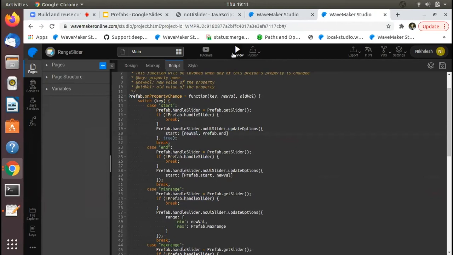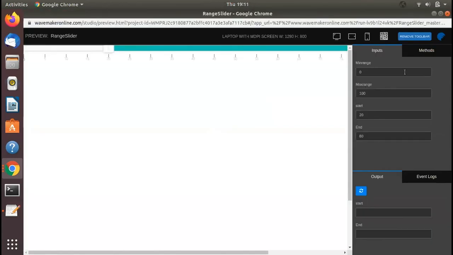And now when we preview this, if I want my min range to be 10 now, and I want my slider to finish at 80, you see how the values on the left are changing as soon as I change values here. So this is how easily you can run all your test cases and see if it works or not.